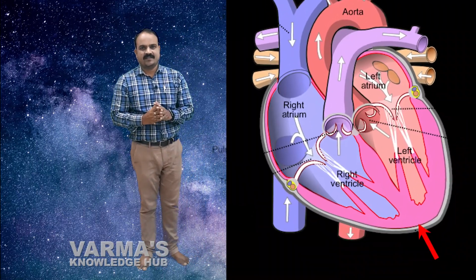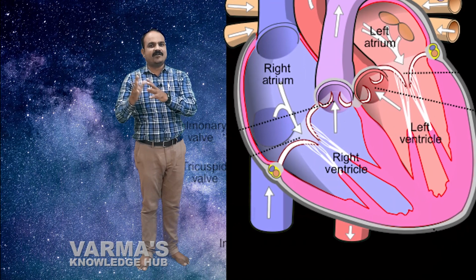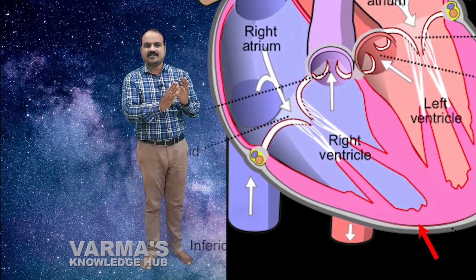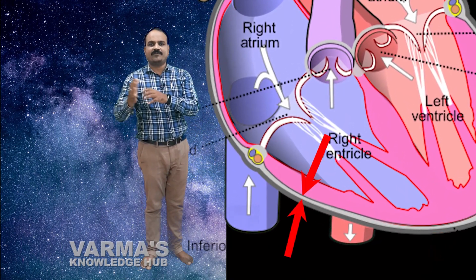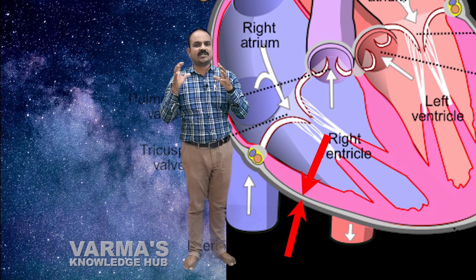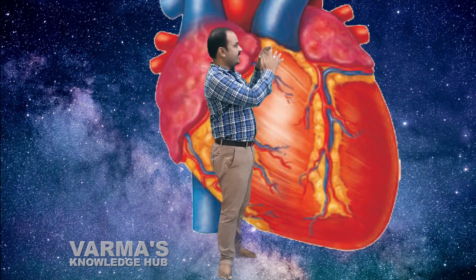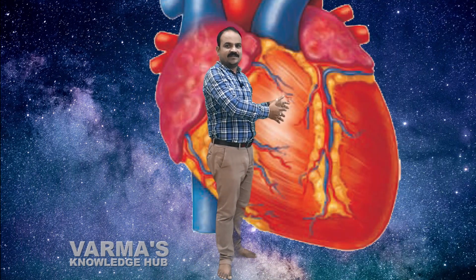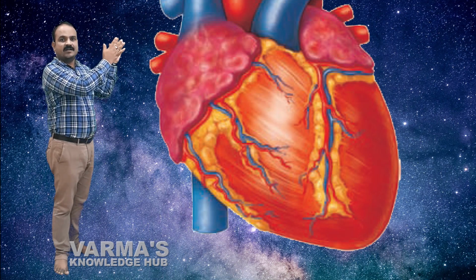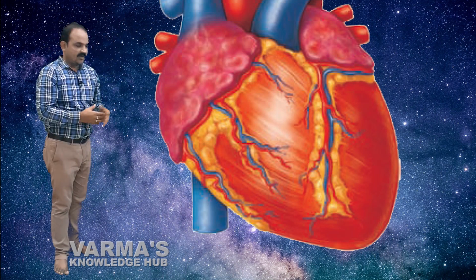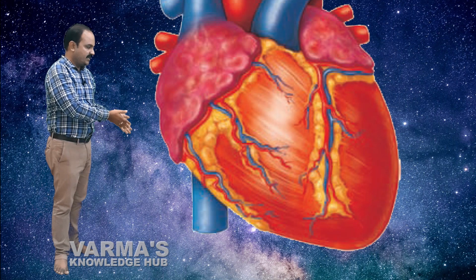The human heart is surrounded by two layers. They are called pericardium or pericardial membranes. Between these two layers, there is a fluid called pericardial fluid. It protects the heart from external jerks. The heart is divided into four parts externally. The upper two chambers are called auricles or atria. The lower two chambers are called ventricles.